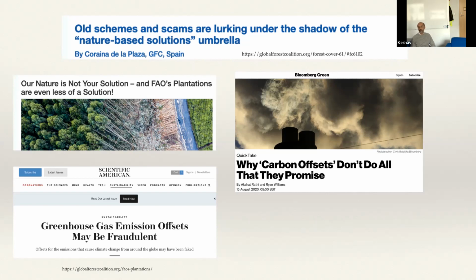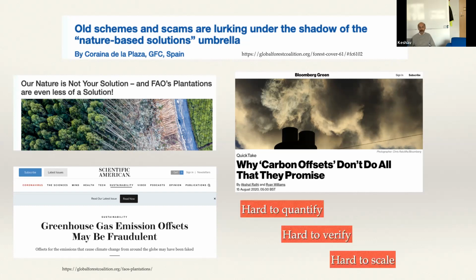For instance, if you were to fly today, when you buy an airline ticket, there's often a box that says "offset my carbon." You have to pay a certain number of pounds, 5 pounds, 10 pounds for a flight. It's supposed to offset the carbon. But if you look into what projects are being funded with that money, the amount of information there is quite minimal. And it's not obvious that the money is being used for any good purpose at all, as these articles show over here. Scientific American, Bloomberg, credible sources are basically claiming that these credits are not very good at all.